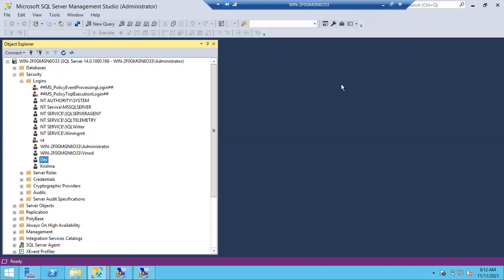Whenever you go to any company, once you get the job, you immediately get access, guys. How do you get access immediately on all the servers? The SQL DBA group will already be there in Active Directory. They simply create one account for you and add you into that SQL DBA group. How many SQL servers are there in your organization? As you're a member of this group, you can access all the SQL Server instances.